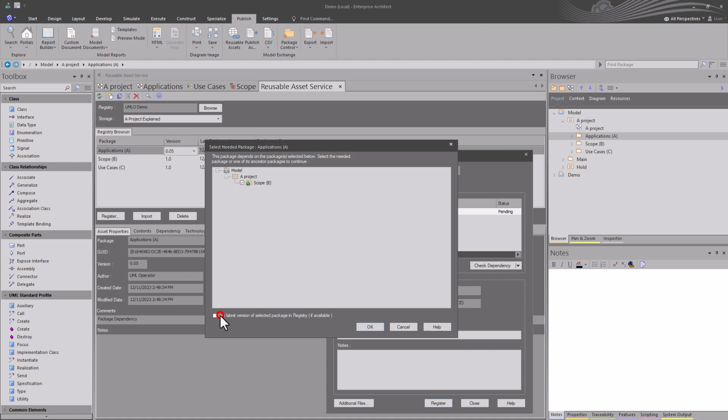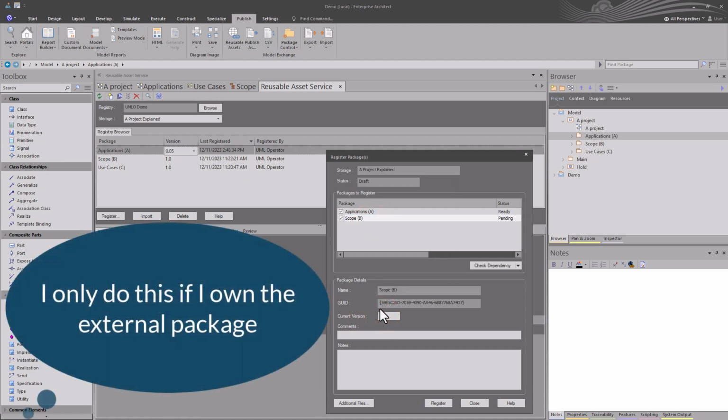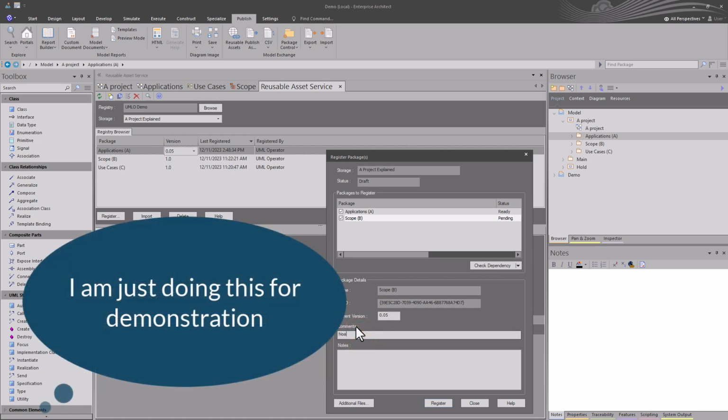However, if you uncheck this and you hit OK, you get an opportunity to register in RAS the external package that's relevant to package A. In this case, it'd be package B scope. So let's go ahead, because this is versioned at 1.0, let's be safe here. Version this at 0.5. Let's just pick that. We're going to say this is normative,